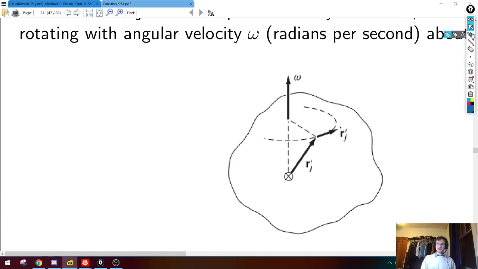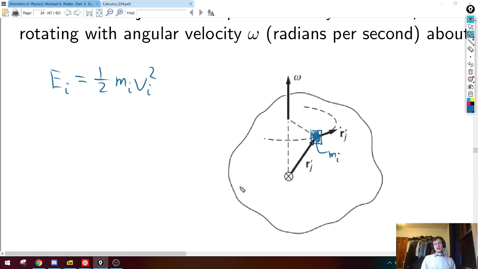So let's look a little more closely at this thing. We're going to break it into tiny chunks. So here's a little chunk which has some mass, maybe m sub i. The energy of this particle i, well, we know the kinetic energy of this guy is supposed to be a half m sub i v sub i squared.